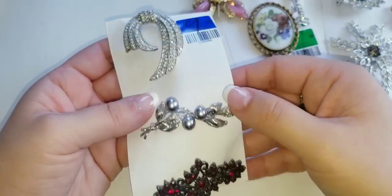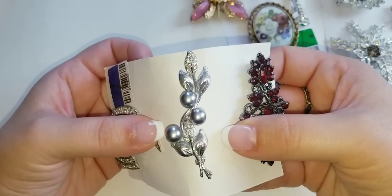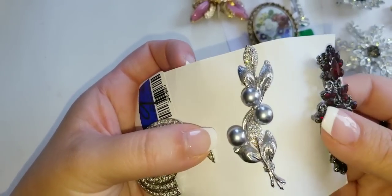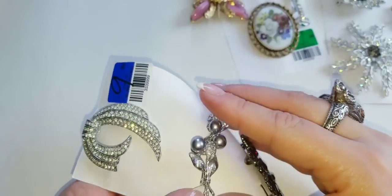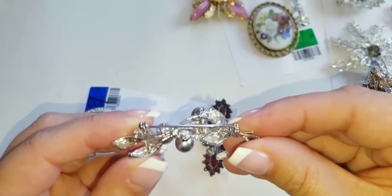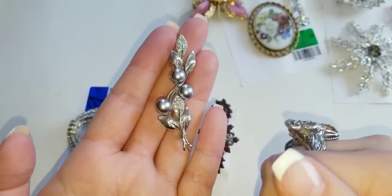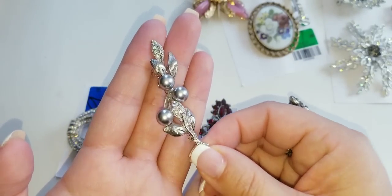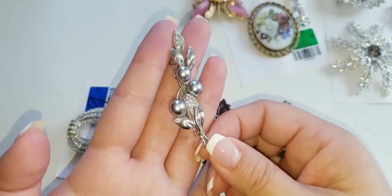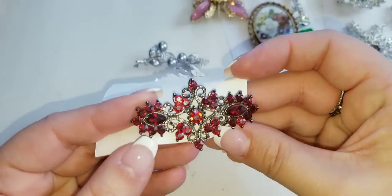It's beautiful. Then we have this gray faux pearls with these rhinestones. Sorry, I'm trying to focus. I don't think my camera's really focusing. Let's see if there's some. I know there's no maker's mark on that one. Is there a maker's mark on this one? No, but this one as well is beautiful. So we're going to do $8 on this one. $8. And then look at this deep red